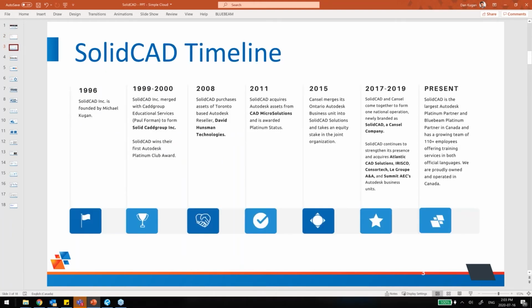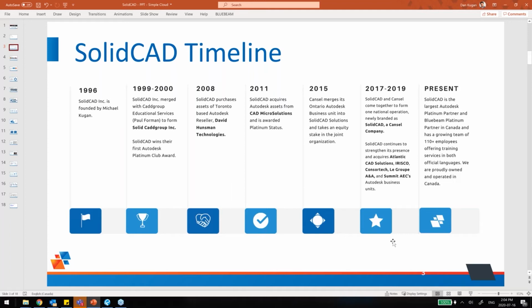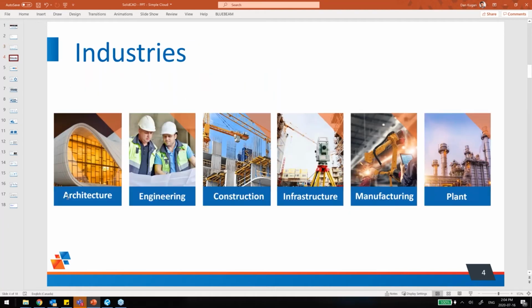So quickly, to understand who SolidCAD is, we've grown quite substantially throughout the years. We are here today in 2020, and we're now roughly about 105 or 110 individuals all across Canada. So we are based out of all the Cansel offices, in Vancouver, Calgary, Edmonton, as well as Toronto, Montreal, as well as Atlantic Canada. And we're very proud to be a Cansel subsidiary company, as well as being all fully Canadian here. The markets that we service in the industries are from our traditional architecture and design, engineering, construction, as well as some of the other